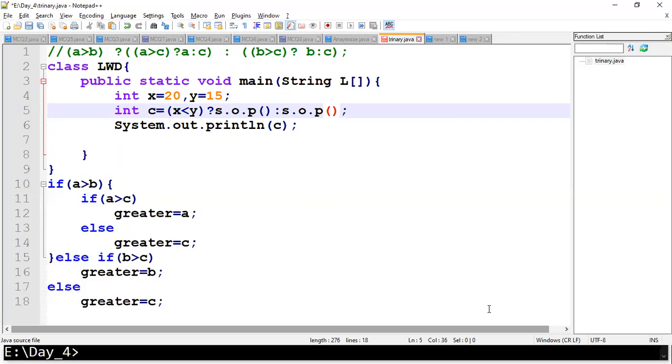Okay, I hope everyone is clear how to execute a ternary operator. So you guys got a clear idea of a condition followed by a true part or false part. If the condition is true, you can directly go ahead with the true part. If false, you can directly go ahead with the false part. So no need to write four lines of expression to write an if else statement.